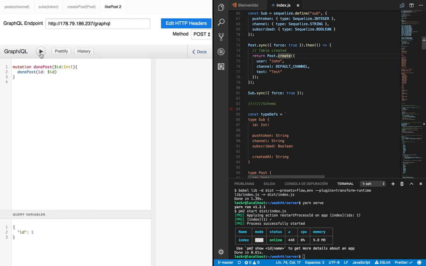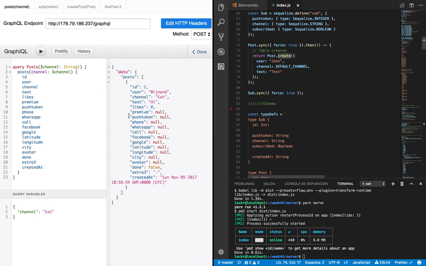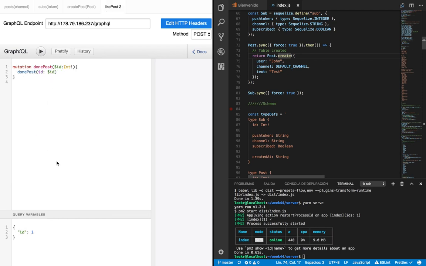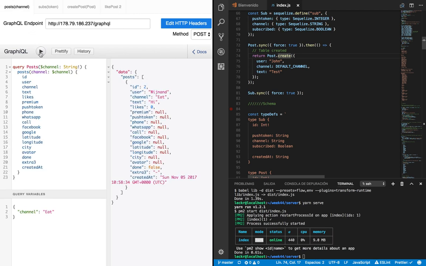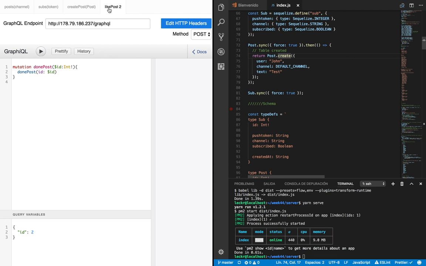So now we're gonna done it. What's the ID? That sounds so funny. Okay, the ID is 2. So let's see. I can turn it. It doesn't look like it affected anything, unfortunately. No, it didn't. So I was wrong. It actually didn't change anything. So done post doesn't work. That's strange. I think like post works. So let's see how